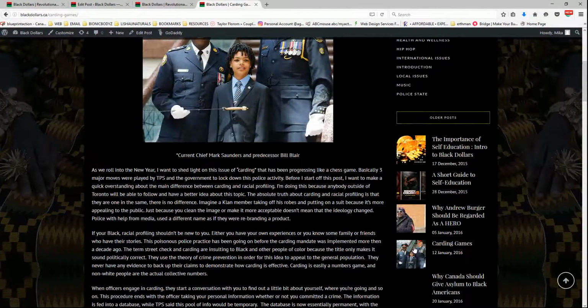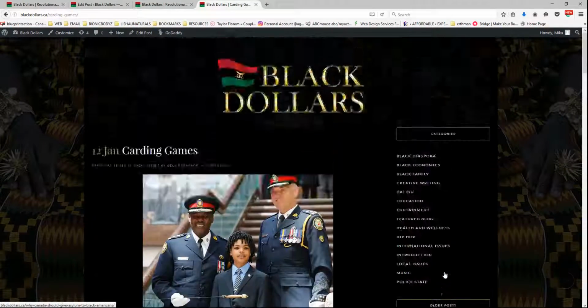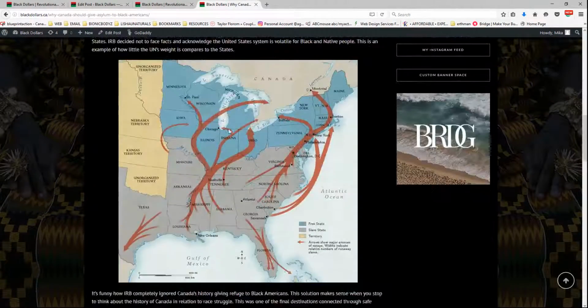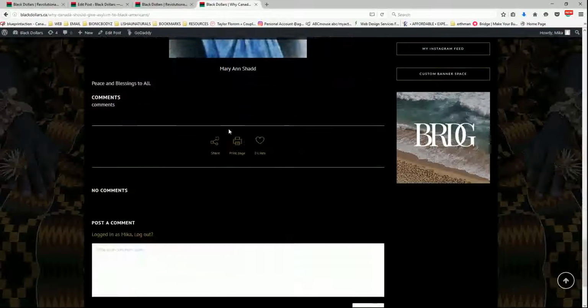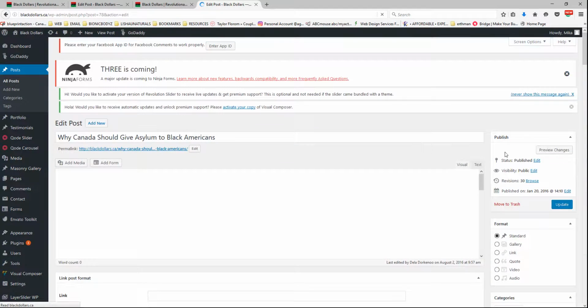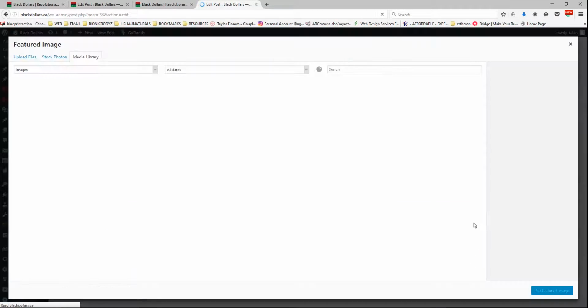However, we now have a little icon for that post. I'm going to do the same thing for this one. So we're going to go into that post, and I guess we can set this as the featured image because that's a good size. So let's go to edit post again, and we're going to set the featured image,